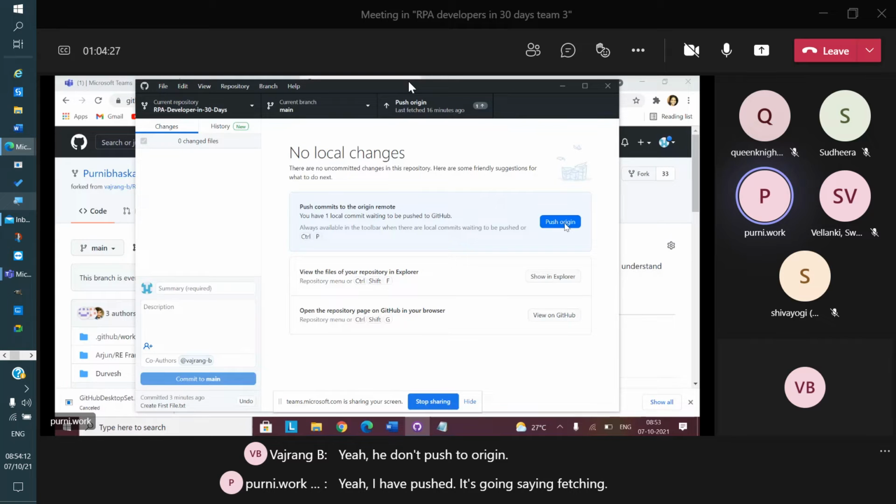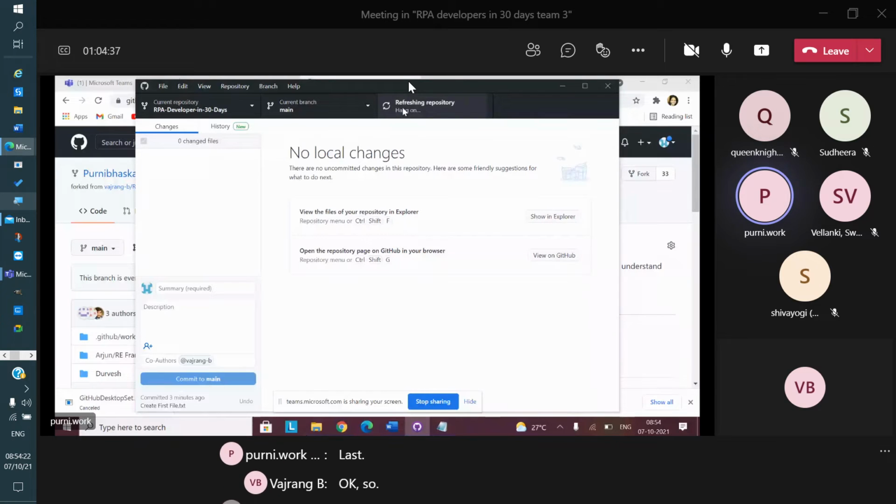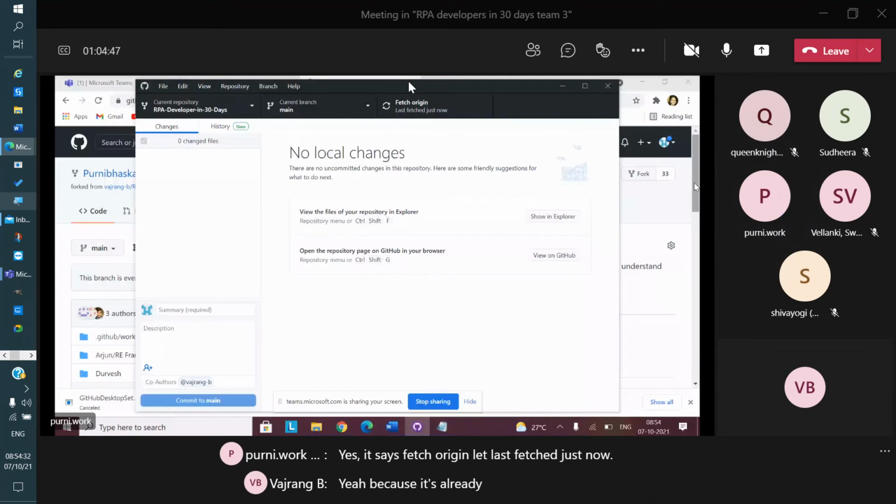Okay, I think there is a screen delay from your end. So it says fetch origin. Last fetched just now. Yeah, because it's already fetched. You have already updated and you got all the changes.